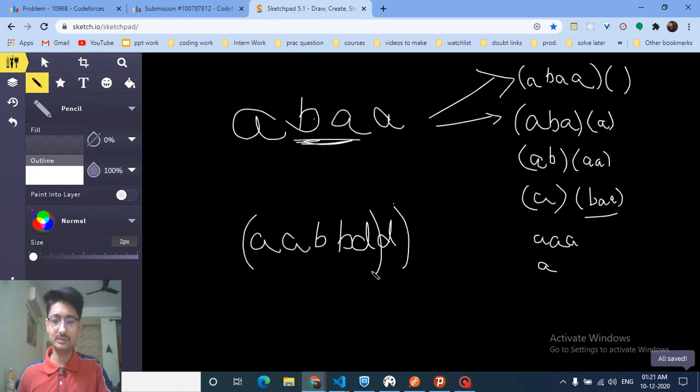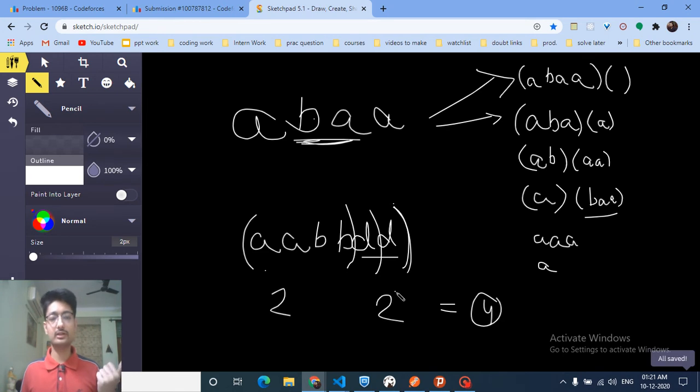Like you can remove at this position or this position, because if you remove this position, then 2 Ds are left. Okay, so I hope you get the point. Also, you can remove this position, but I'll tell you why this is considered again in some other case. So as you can see, there are 2 cases you should remove, and here also 2 cases. So the total answer is 4,